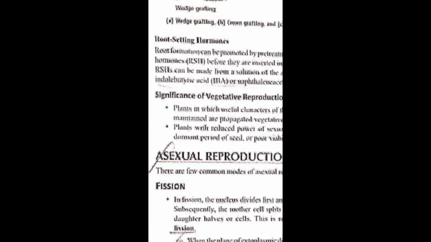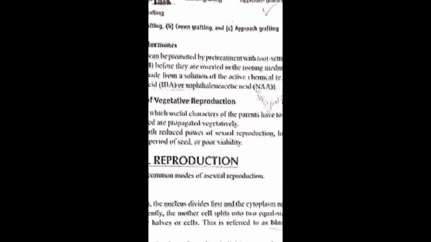And the second one is plants with reduced power of sexual reproduction. Some plants do not produce sexually. Such types of plants can easily